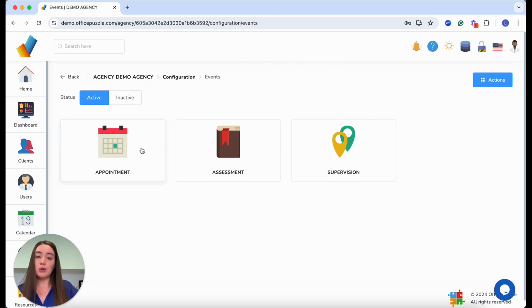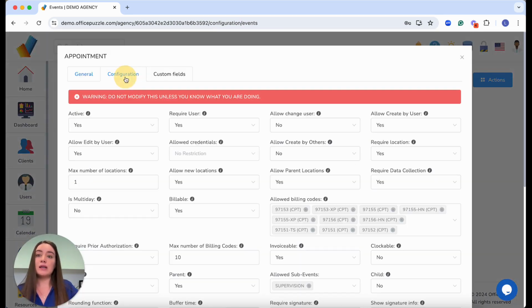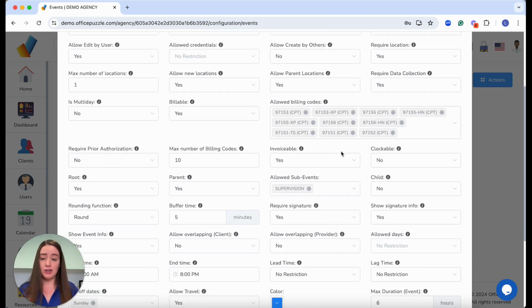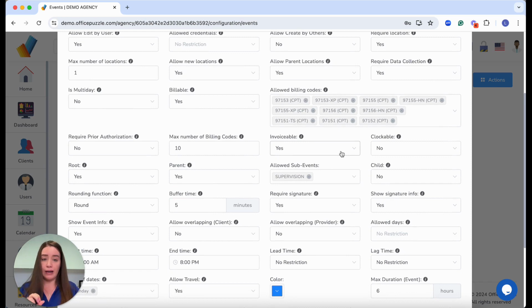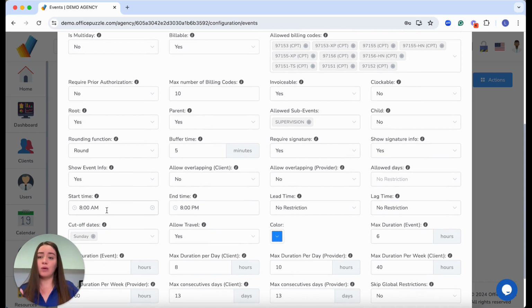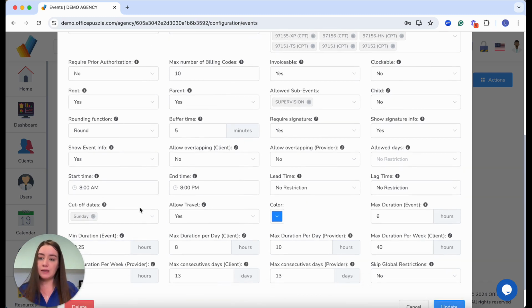For example, here I'm showing appointments, and I'm going to link to these appointments a series of billing codes that can only happen with that event. There are also other restrictions that we can place. For example, if concurrent billing is not allowed with your insurance company, we track it here. If there are any limitations in schedule, meaning that you decide what is the earliest that your users can start working, what is the latest that they can work with clients, if there's a limit in duration of visits per day, per week, if they need to rest one calendar day per week, all those limitations we can place here